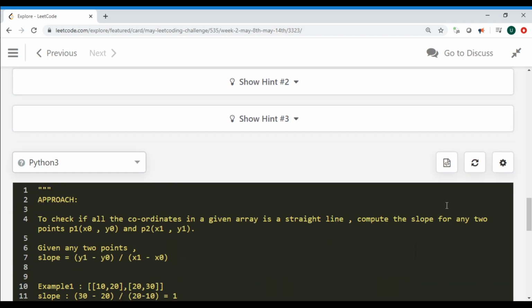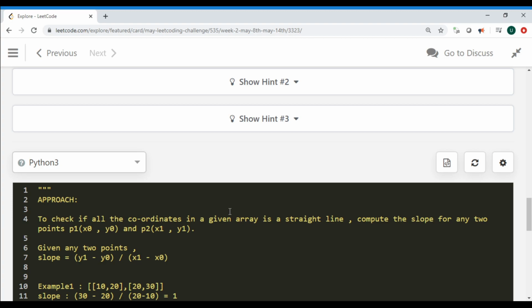For this approach, I'm going to check if all the coordinates in a given array form a straight line, and I'm going to compute the slope for any 2 points in the xy plane. Now the question arises: why should we use slope to solve this problem?